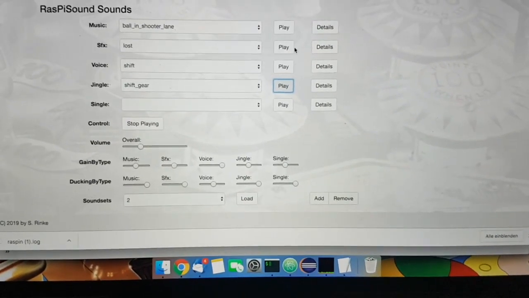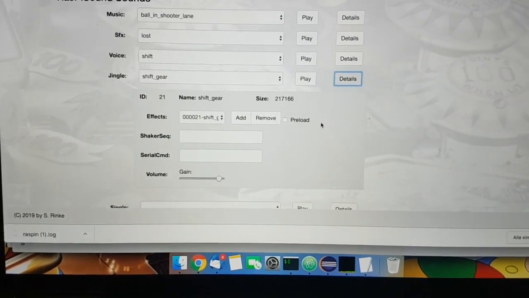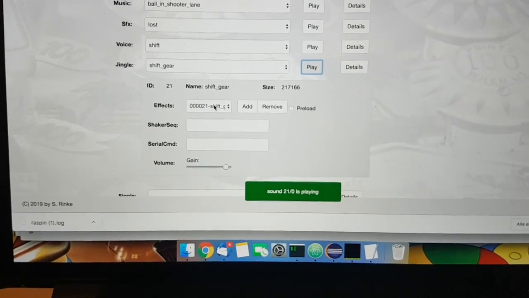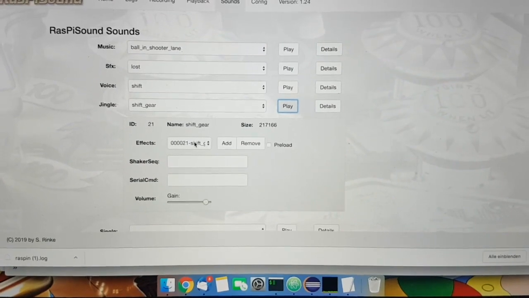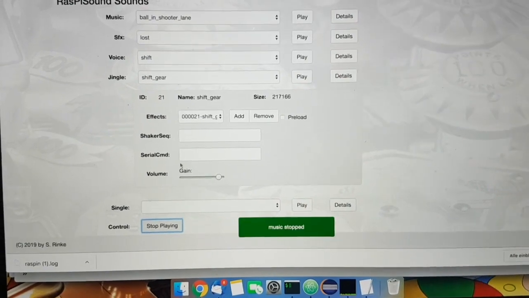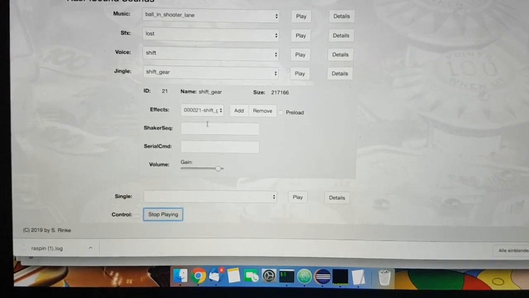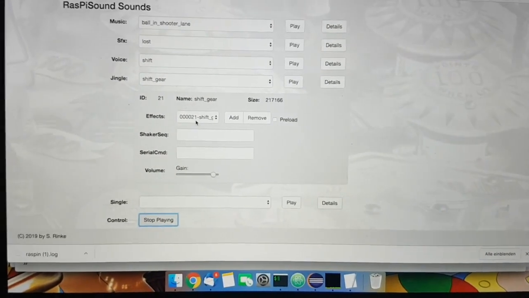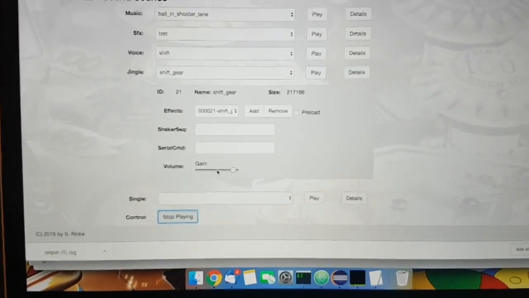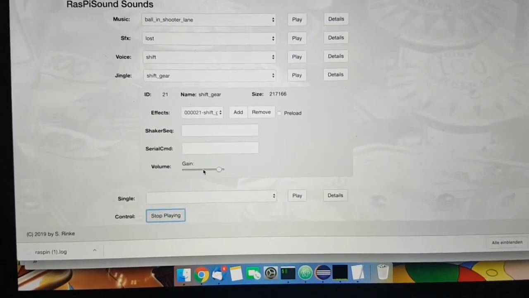You can even control the details. If you pull out the details for this shift gear sound, you have the possibility to add multiple voice or sound effects for that, meaning you can let RasPiSound choose each time it plays a sound. It will randomly choose one of them. You can control a custom gain especially for this sound effect, to make it louder or lower, and you can